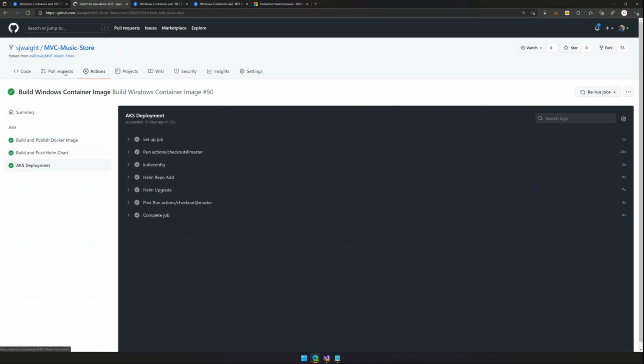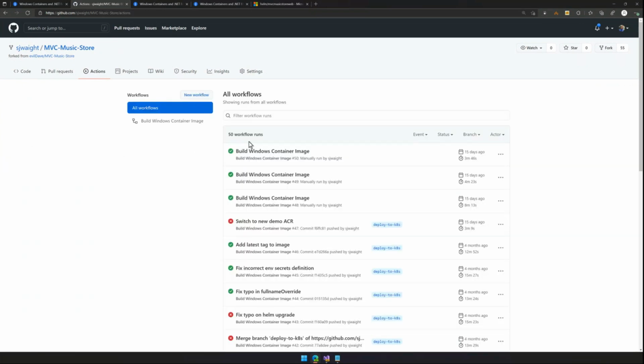Yeah, and so basically what would happen at this point, now that I have this action defined, every time I push an update to my application into GitHub, it will trigger a build. Now I could do a multi-stage build so that every time I push a change, it's not doing a full deployment to Kubernetes. But for the purpose of this demo, I'm doing end-to-end. I could easily just have a build that's triggered automatically that builds the container image and updates the Helm chart.